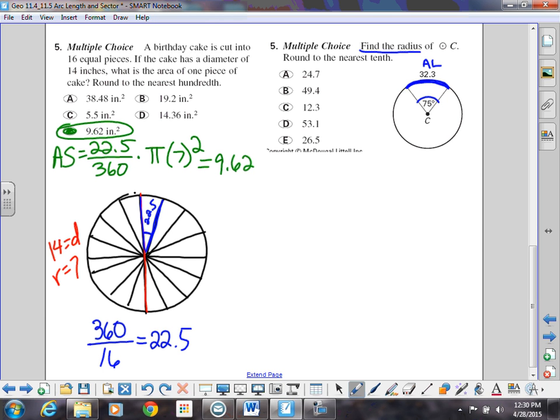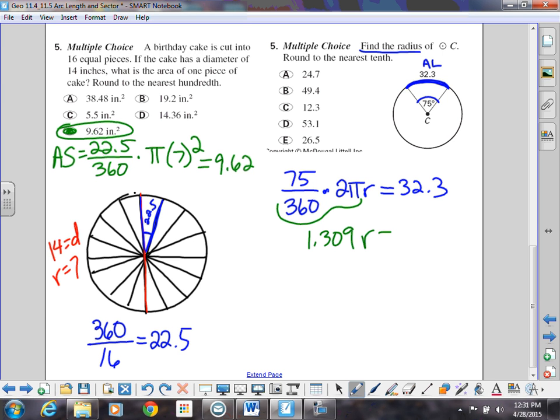So we're just going to use our 75 over 360 times 2 pi r, since that's the arc length formula, and we know that the total is 32.3, and we're solving this for r. So if I multiply all of this stuff together, that's going to give me 1.309, and I'm going to divide by that number, and I get the radius is 24.7, which is A. So we've done multiple examples of how to use area and circumference